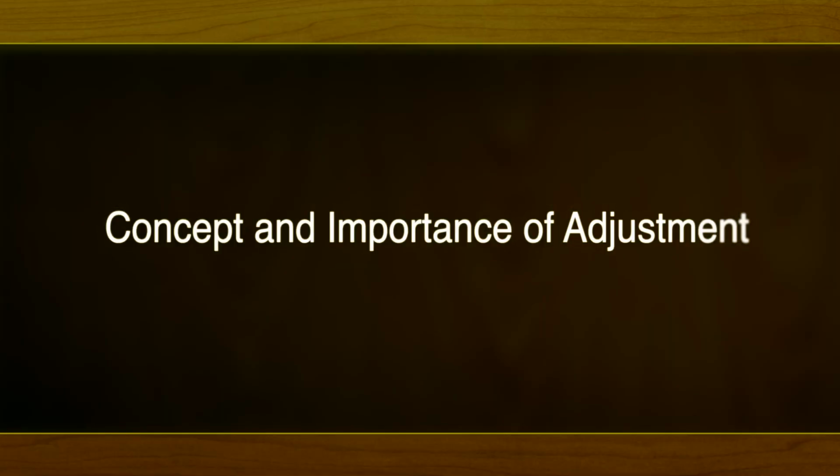Thus, adjustment mechanism is a device used to achieve an indirect satisfaction of a need in order to reduce his or her tension. This mechanism is used by different individuals in their own ways. The types and frequency of the mechanism differ from individual to individual. Now, let us have a look over the concept and the importance of adjustment.